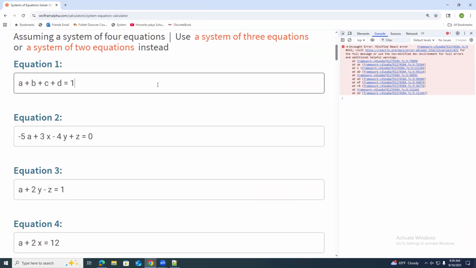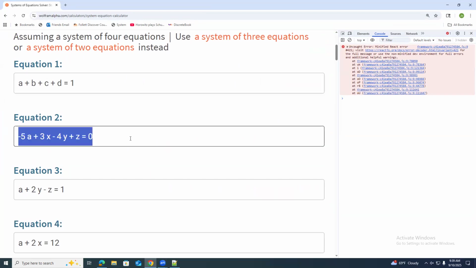If I plug in 1 for X, it'd be A times 1 cubed plus B times 1 squared and so forth, which gives me 1A plus 1B plus 1C plus 1D. Now I'm going to plug in 2 for X. So what's 2 cubed? 8. So you'd have 8A plus, and what's 2 squared? 4B plus 2C plus D.